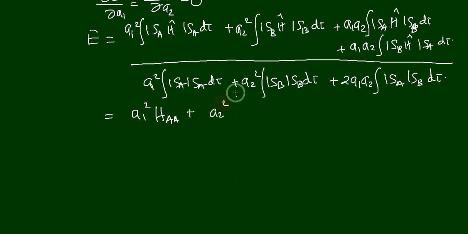Plus a2 square integral 1s b H cap 1s b d tau, I can write it as HBB, plus a1 a2 integral 1s a H cap 1s b d tau plus a1 a2 integral 1s b H cap 1s a d tau. This is HAB and this is HBA. HAB and HBA are equal because H cap is a Hermitian operator, so we can write it like 2 a1 a2 HAB, divided by